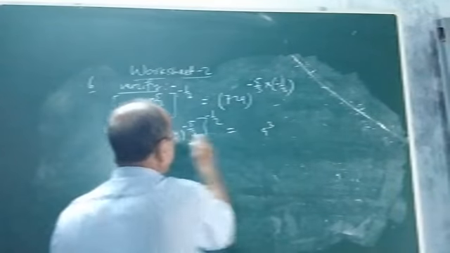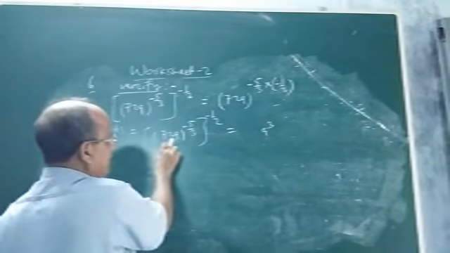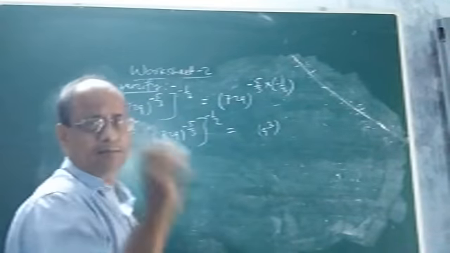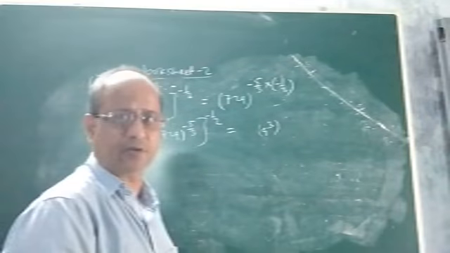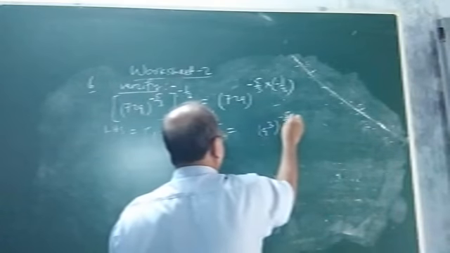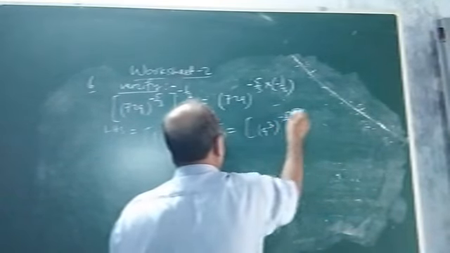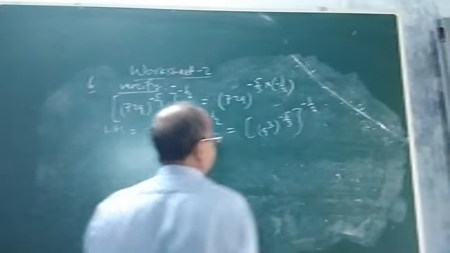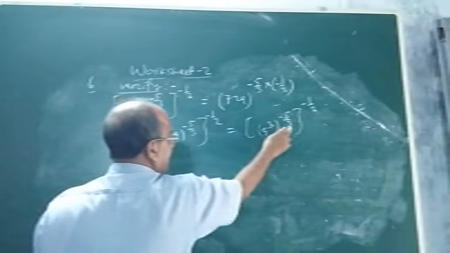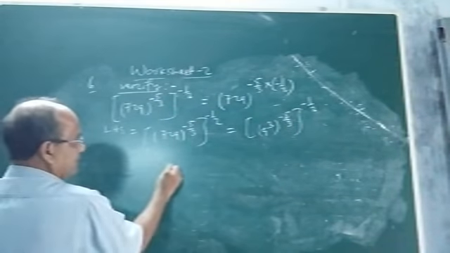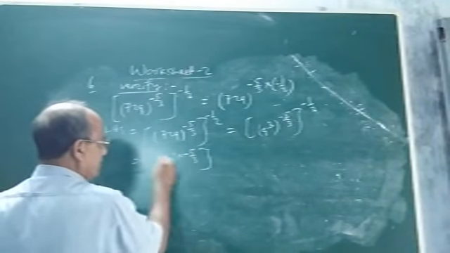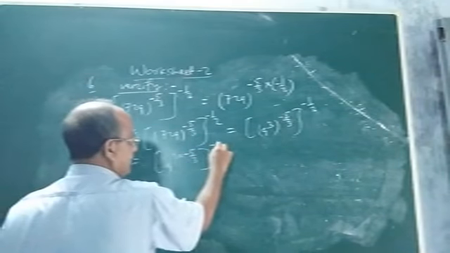First let us do the work of this. Here the denominator is 3. So 729 you express as 9 to the power 3, because 9 multiplied 3 times gives 729. 9 to the power 3 minus 5 by 3, again whole to the power minus 1 by 2. So then this bracket will be omitted. 3 and 3 will be multiplied, you see. It is 9 to the power 3 into minus 5 by 3, whole to the power minus 1 by 2.